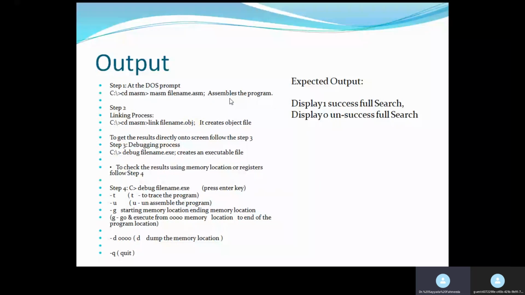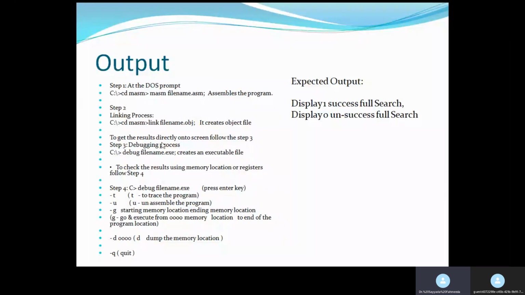This assembles the program, in the same way as in a C compiler you compile the program. After assembling the program, you need to link the program. You have different modules in the program, and those need to be linked. For that, we have a link option, link filename.obj. That is an object program, binary code generated. So that creates an object file.